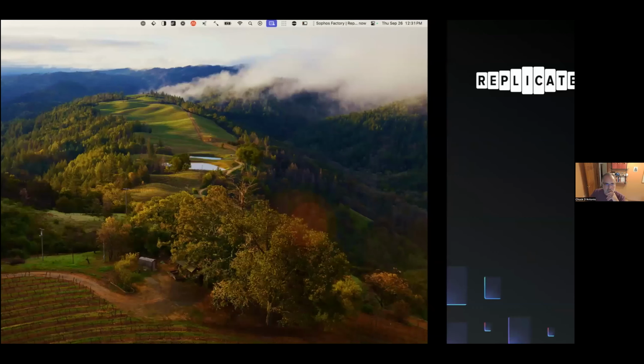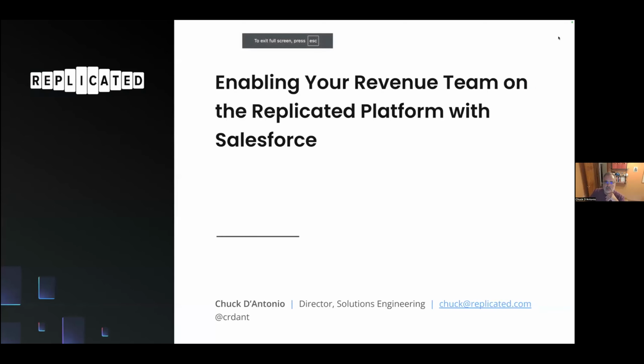We are going to talk a little bit about how to enable your revenue team on the replicated platform using Salesforce. And this is something that I've been thinking about for a very long time. Where I sit in solutions engineering, I get to work with the people who are selling replicated. I get to work with the people who are building replicated, and I think a lot about how these things